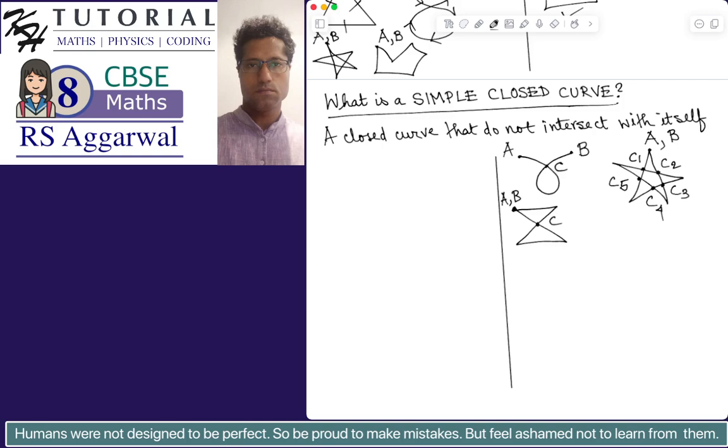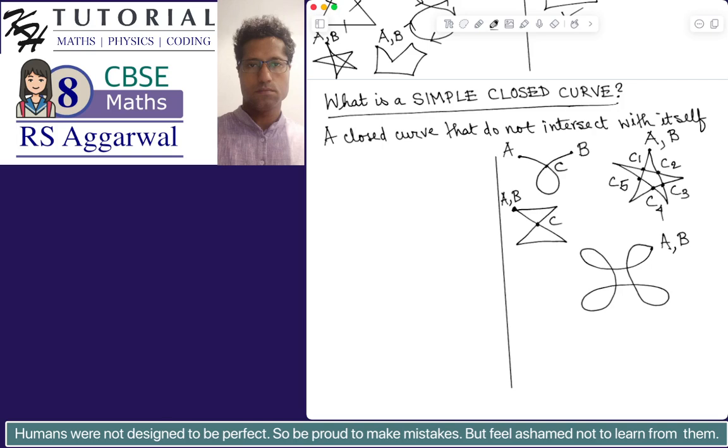This is again, so I will draw a curve with A. This is the starting point. So this is a curve. As you can see, I started at the point A and I also ended at the point A. So the starting point and the ending point of this curve is the same. So this is a closed curve, but it is not a simple closed curve because this curve intersects with itself